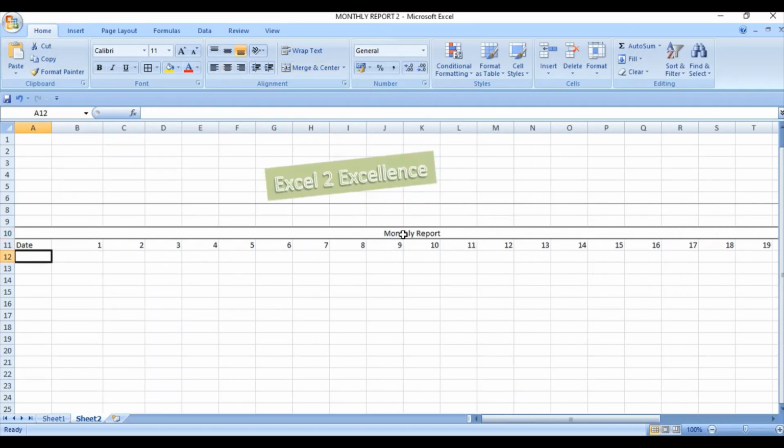If you want to give the name to these days, you can do this with the help of the text function. So write here text, select the date reference, within quotation sign, right here. Now close this bracket.